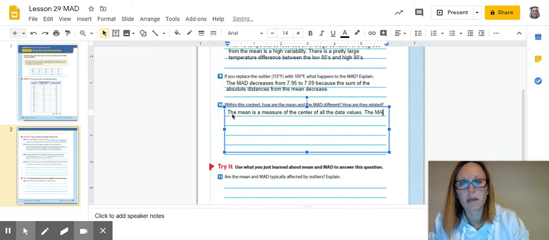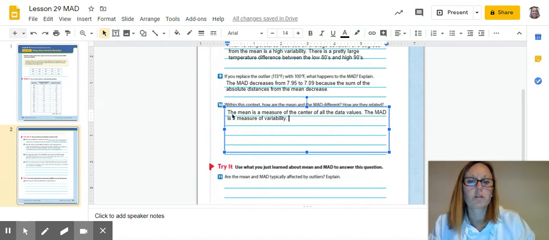The MAD is a measure of variability. So basically, the mean is a measure of the center of all the data values. So you're taking all the data values and you're trying to find the mean or the average of that set of data. The MAD is the measure of the variability or the distances